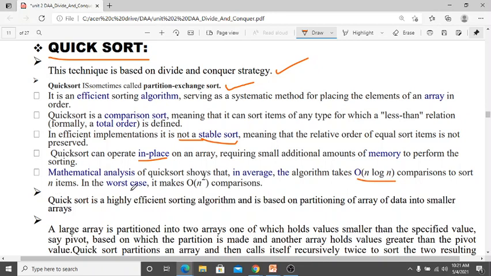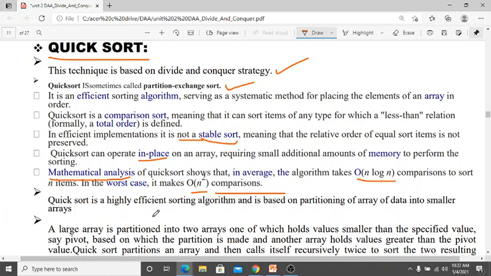In the worst case, it makes order of n square comparisons. Means in the mathematical analysis, when we check the time complexity of quick sort, the average case is order of n log n and the worst case is order of n square.